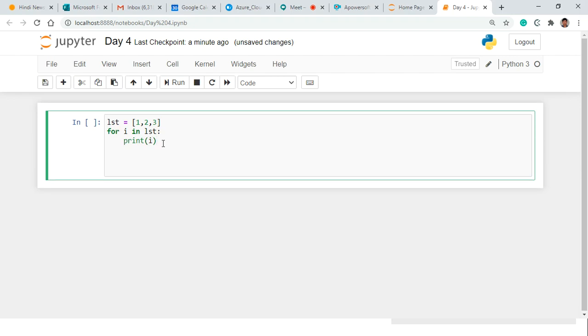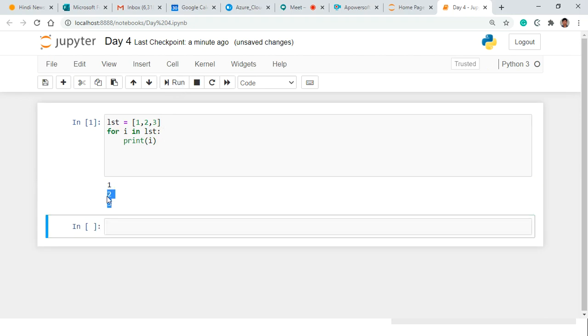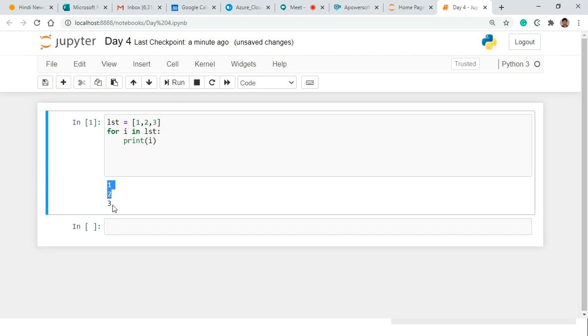Let's see. Okay, I'm going to do this. Let's see what happens. See, one at a time, one at a time. Okay, every time it's going through and it's printing, right? Same thing we can do using